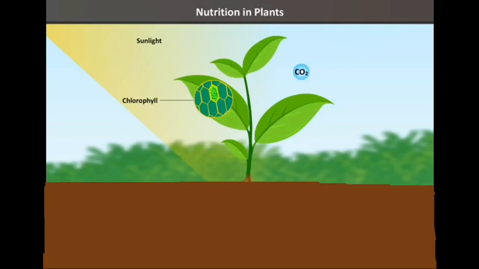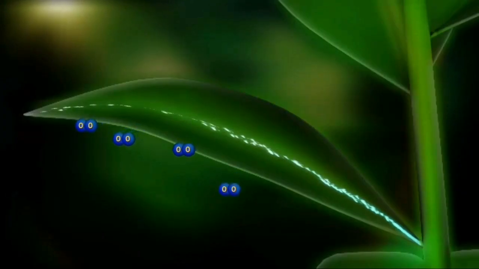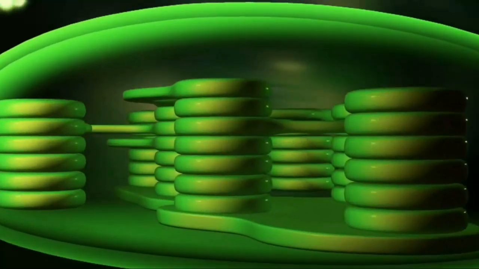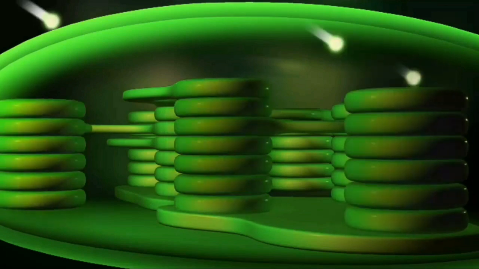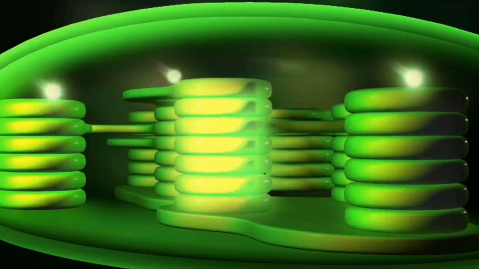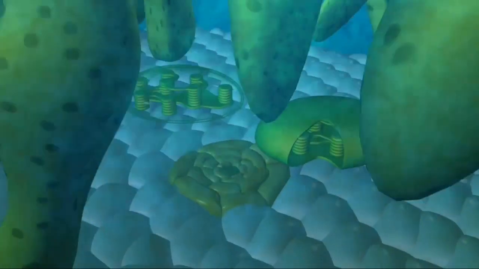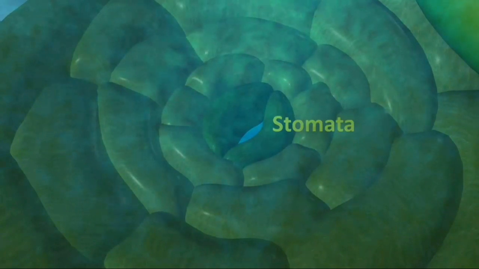So the plant absorbs CO2 from the air. Carbon dioxide enters the plants through the pores called stomata. These stomata are guarded by guard cells. During the photosynthesis process, the leaves trap sunlight and use it to make sugar molecules like starch. Here light energy is changed into chemical energy, which is stored in the starch molecule.